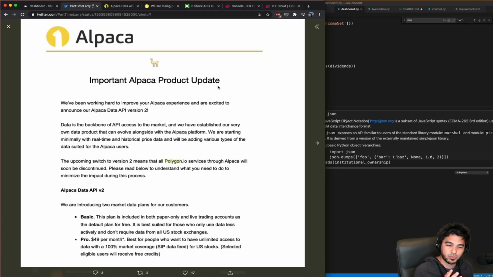That was a really good deal because this is kind of a one-stop shop where you could execute trades for free programmatically using an API, and also got this nice data source. But recently that has changed, and some of these agreements have changed, and so this is no longer free, and Alpaca is now offering this pro access for $49 a month, where you get this 100% market coverage for US